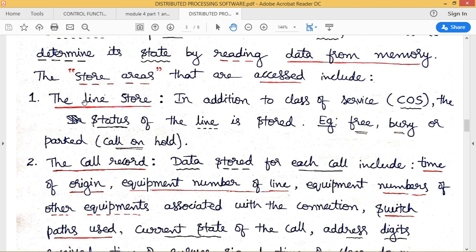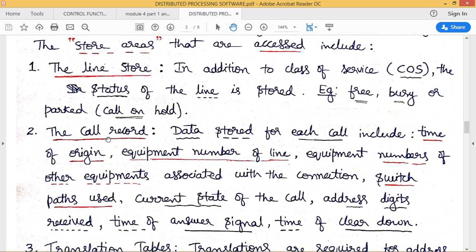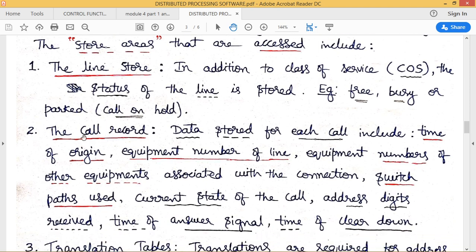So this memory location, that is line store, will be having complete details of the end user, that is the customer. Similarly, we will be having some other memory which is basically dealing with call records. These are the store areas we are dealing with, and in that particular area we will be dealing with call records. So the data stored for each call include